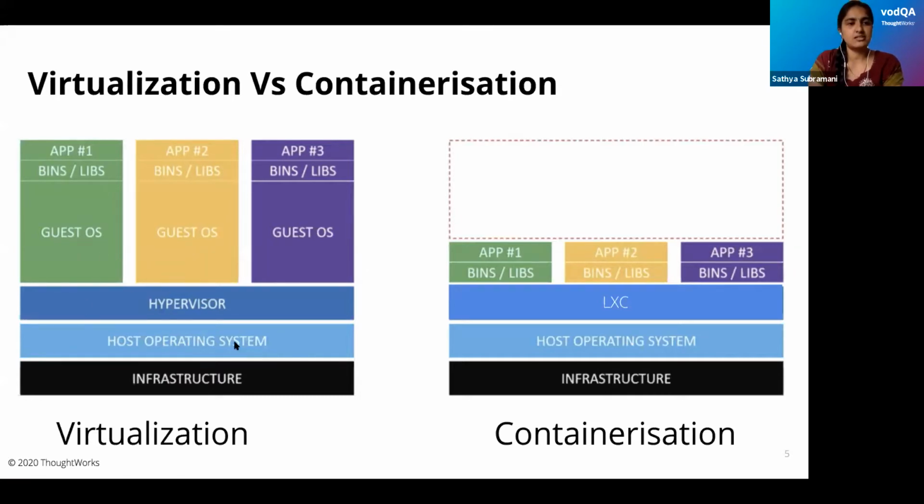Let's consider this machine has 3 VMs, and each VM has its own OS, which is the guest OS. That could be different from the host OS as well. We'll have app1 running in VM1, app2 in VM2 and app3 in VM3. If I want to run application 1 in VM1, I need the required binaries and libraries that support that application. If I want to run the same application in VM2, I need the same kind of setup in VM2 as well.